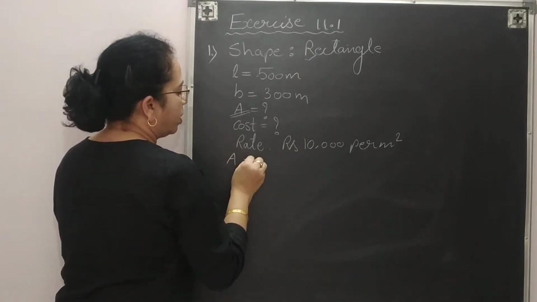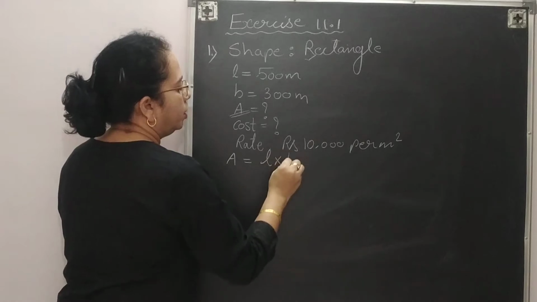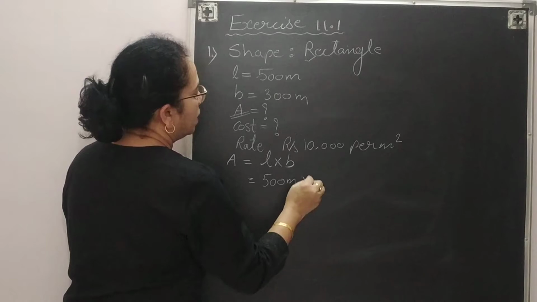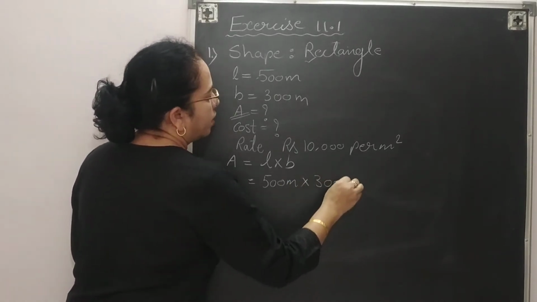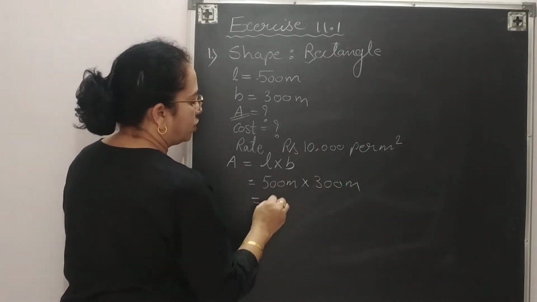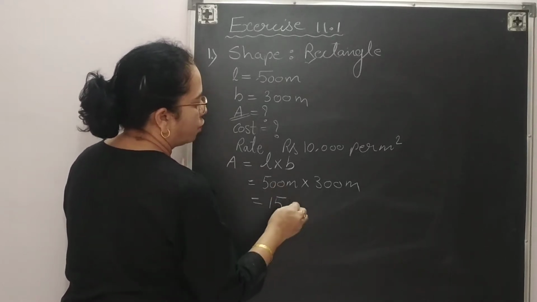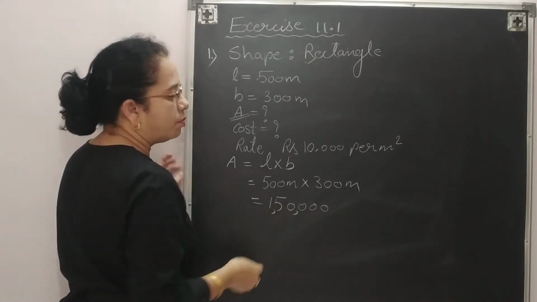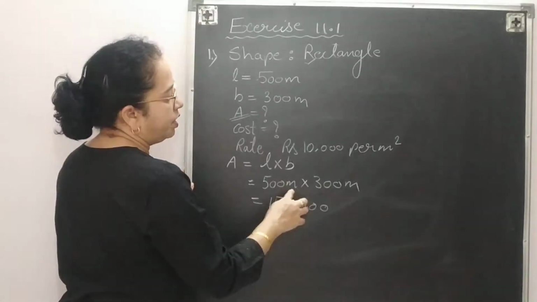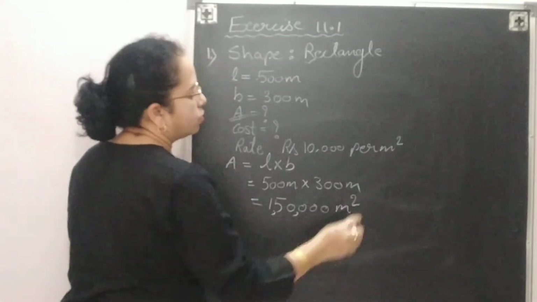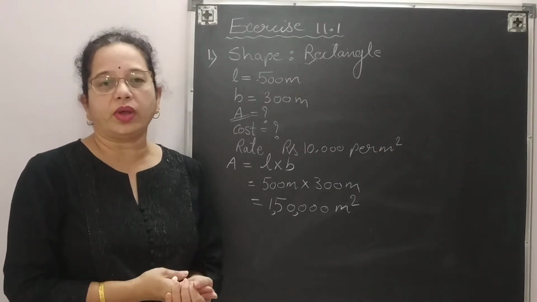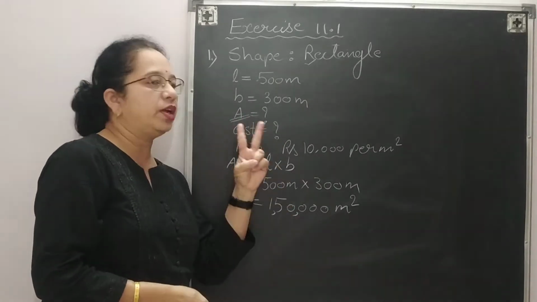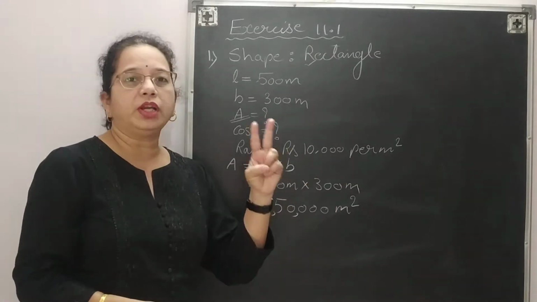So you need to find the area of a rectangle. What is the formula for the area of a rectangle? Length into breadth. Substitute the values here. 500 meter and breadth is 300 meter. Multiplication: 5 3s are 15 and how many zeros? 4 zeros. Whenever a bigger number is there, always put a comma according to the Indian number system. Meter and meter, 2 times, so the unit will be meter square. Or we know that area is 2-dimensional, length and breadth, so the power will be 2.